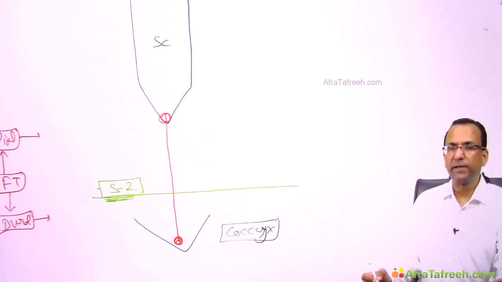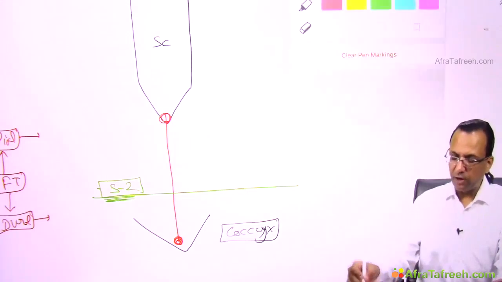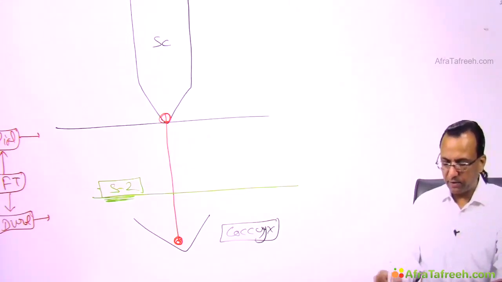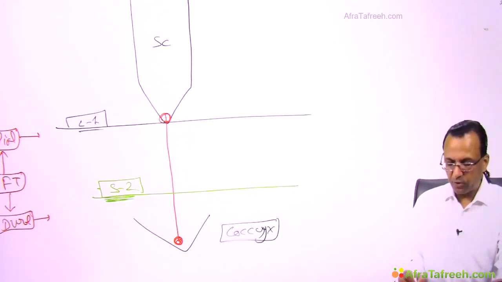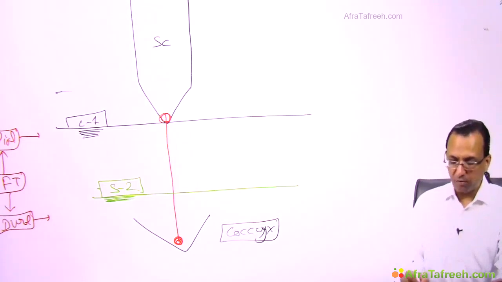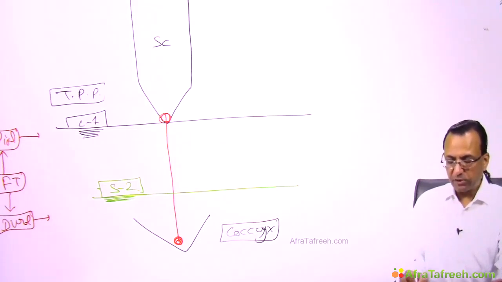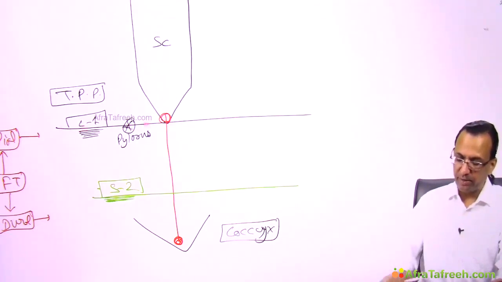Subarachnoid space terminates here. So, you know, where is the spinal cord terminating? Spinal cord terminating here. What is this? This is lower border of L1 vertebra. If you say this is lower border of L1 vertebra, what is it called? Lower border of L1 vertebra is called transpyloric plane. And why is it called transpyloric plane? Because that is where I see the pylorus of stomach. So that is where you see pylorus of stomach. That is why it is called transpyloric plane, which is the lower border of L1 vertebra,